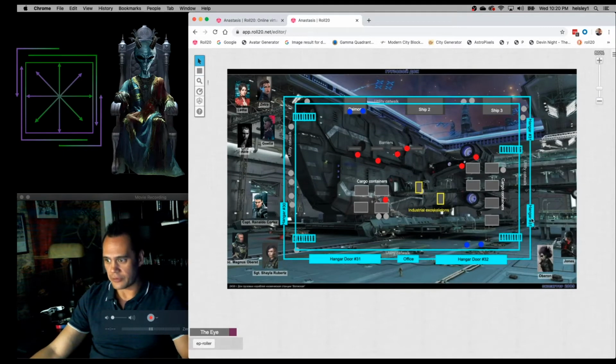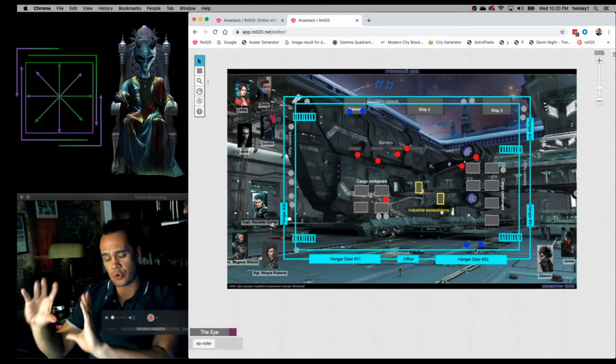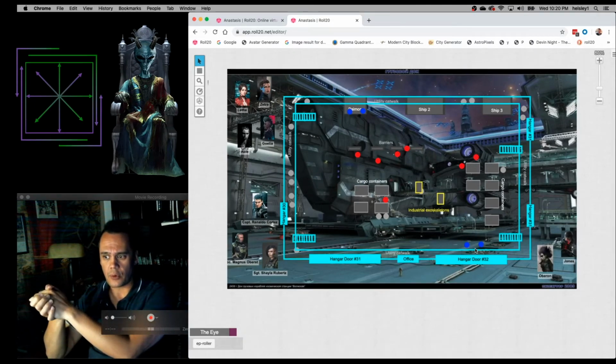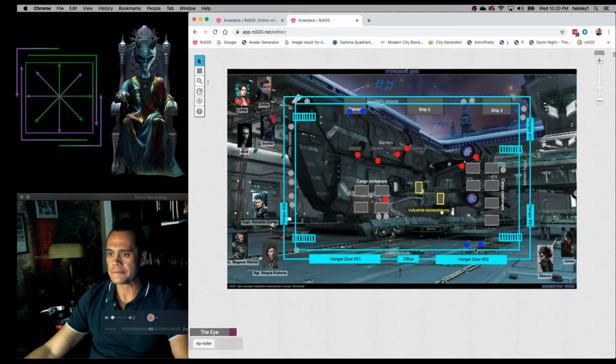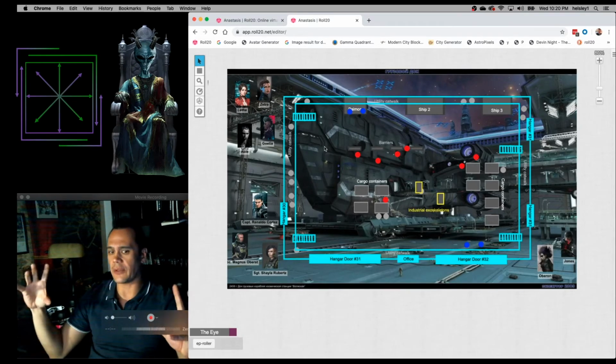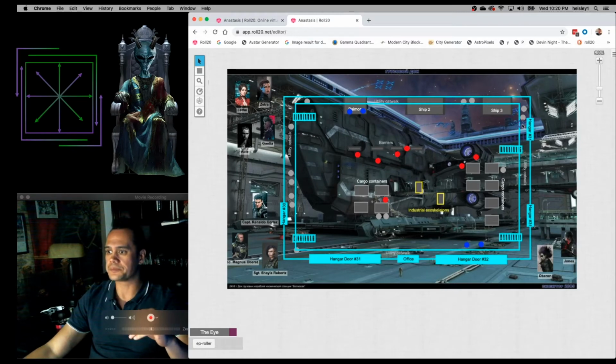So what do we have? We have a situation where I can now describe and visually show in a simple way, and I think an effective way, what a character might want to do in combat. So I've just used lines, I've used Roll20's drawing features here to draw a very basic skeleton of a hangar, right? There's cargo containers, there are ships, there's big hangar doors, there are stairs leading up to a catwalk. And my characters